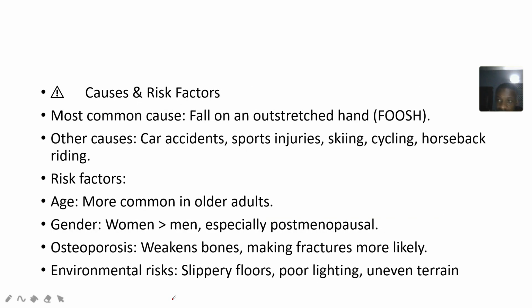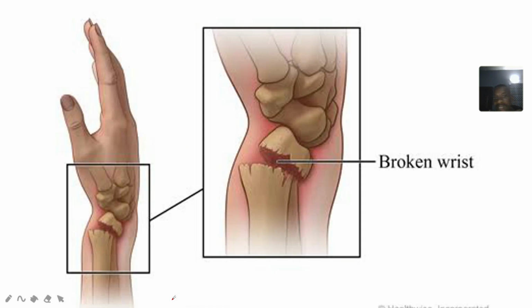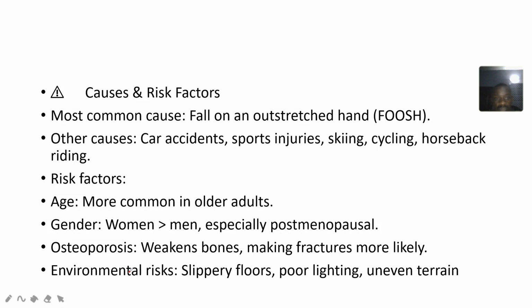So just like we said, we have a dinner fork deformity. It's a classic dinner fork deformity. Your hand is kind of arcing at this place. So common risk factors: what could make it much easier for you to have this fracture? If you fell on an outstretched hand, if you have car accidents, sports injuries, skiing, cycling, horseback riding, then